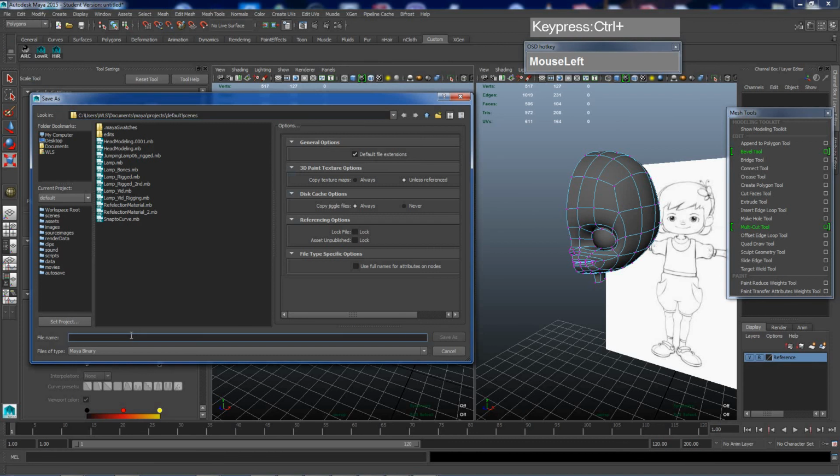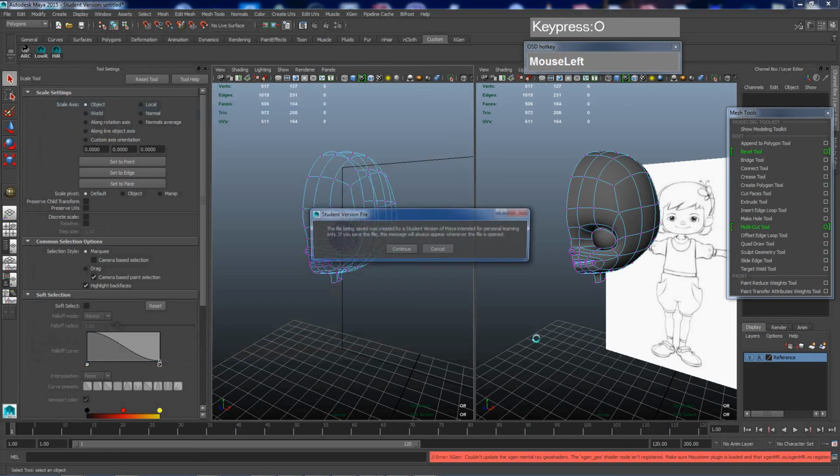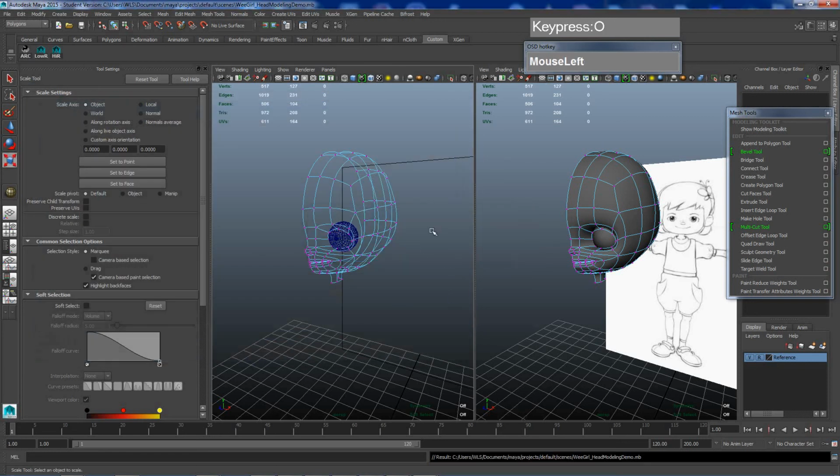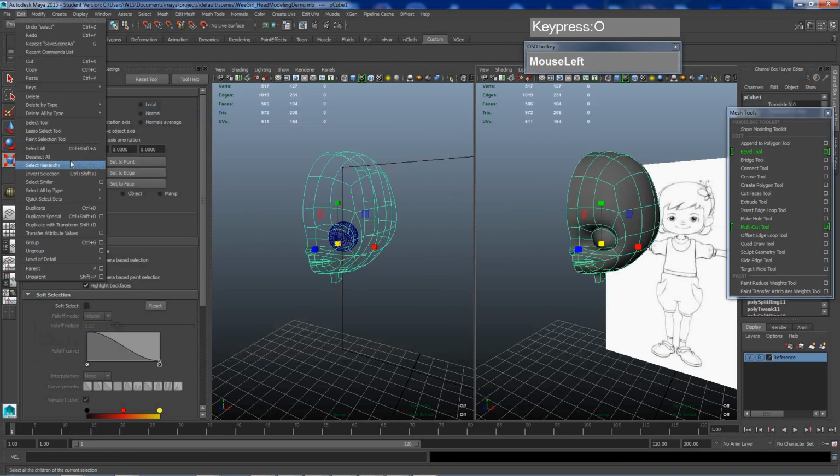And I'll call it WeeGirl Head Modeling Demo. And save. Okay, so right now I'm just going to select this head, go to Edit, Duplicate Special, and